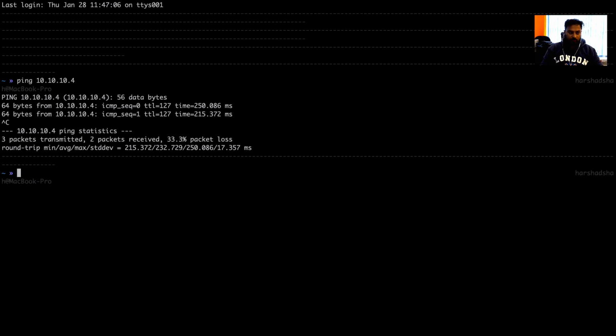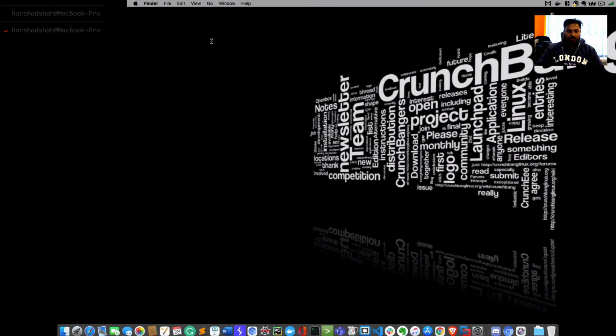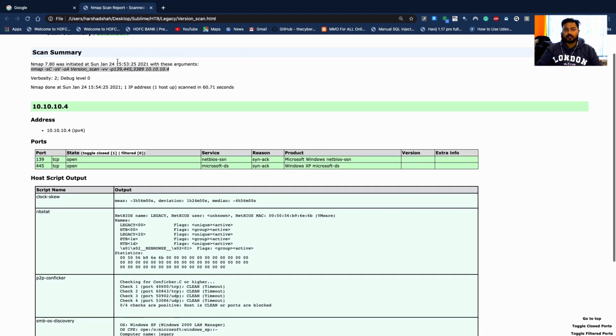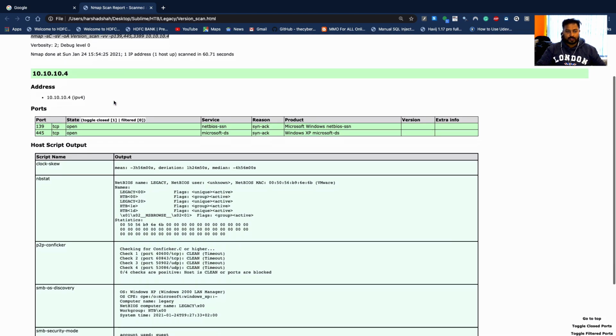After that, you can use this command for port enumeration: nmap -sC -sV -p- and if you want output you can use -oA and then a file name, for example, let's say file port, and then the IP address 10.10.10.4. You can just try this command to identify all the open ports. In my case I have already done this, so I'm not repeating this step, and you can check this output. I have converted it into HTML format and it looks like this.